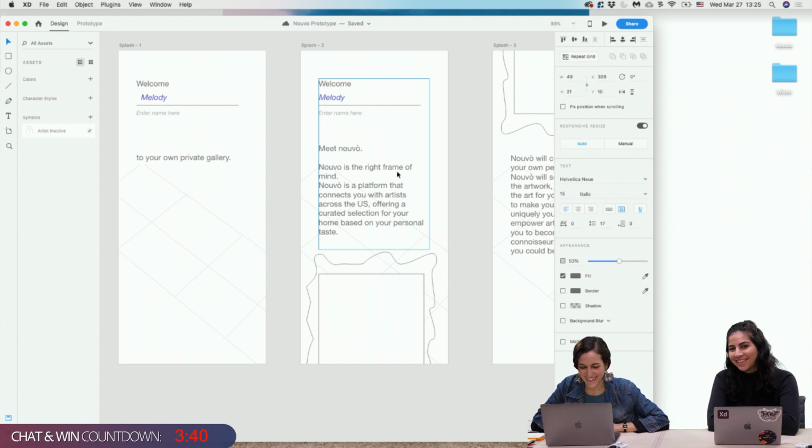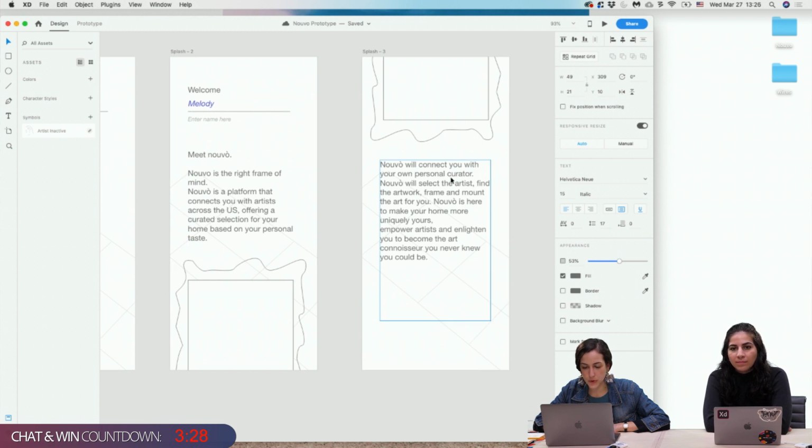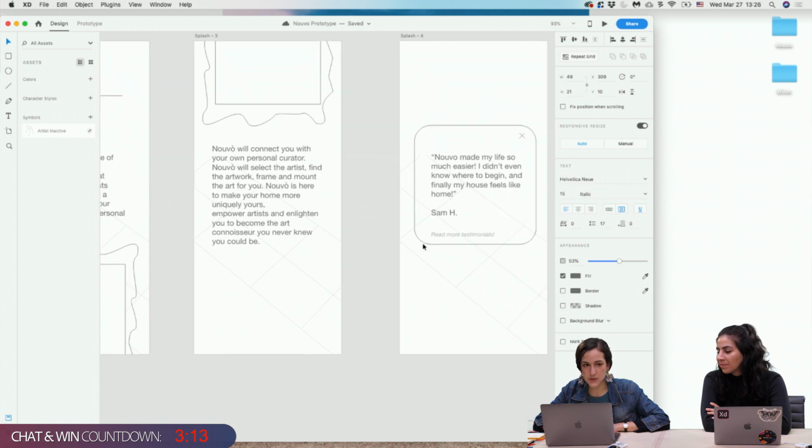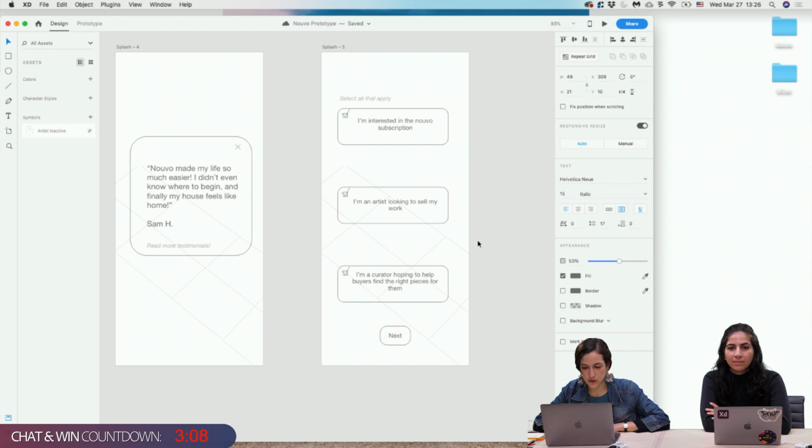Nouveau is a platform that connects you with artists across the U.S., offering a curated selection of art for your home based on your personal taste. Nouveau will connect you with your own personal curator. Nouveau will select the artist, find the artwork, frame, and mount the art for you. Nouveau is here to make your home more uniquely yours, empower artists, and enlighten you to become the art connoisseur you never knew you could be. So that's what they know. And then we have the testimonial. So no, they don't know the price yet